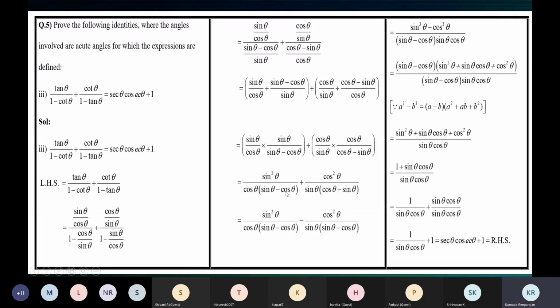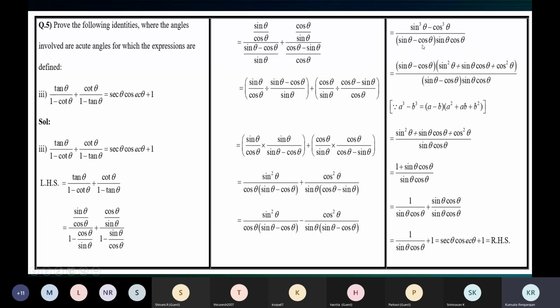So after that, we have in the denominators, here we have sine theta minus cos theta. Here we have cos theta minus sine theta. So what we do, we write this one as sine theta minus cos theta by taking a minus outside. And that minus into plus is minus. So in the next step, all the other terms as they are, this one becomes sine theta minus cos theta, and the connector plus becomes minus.